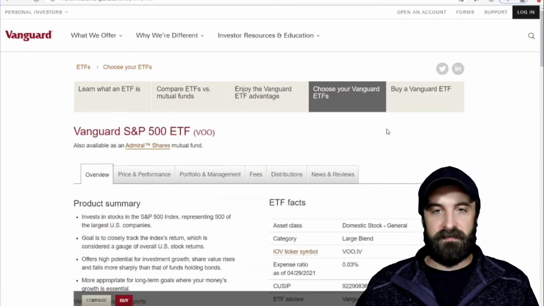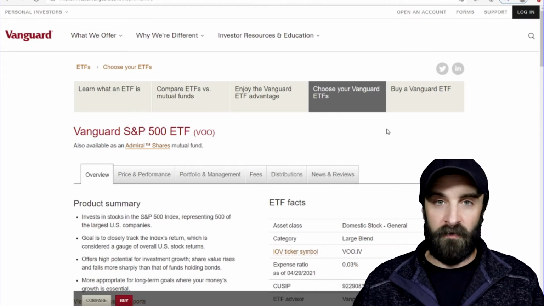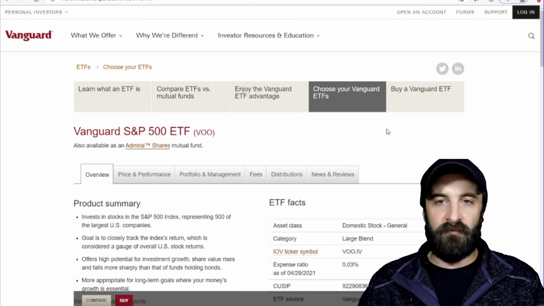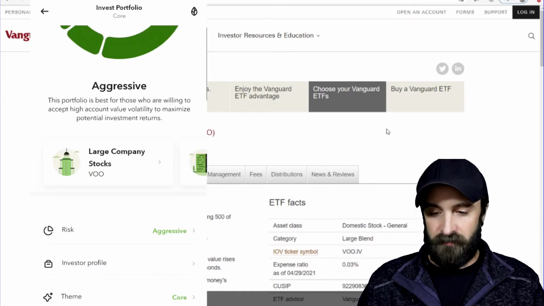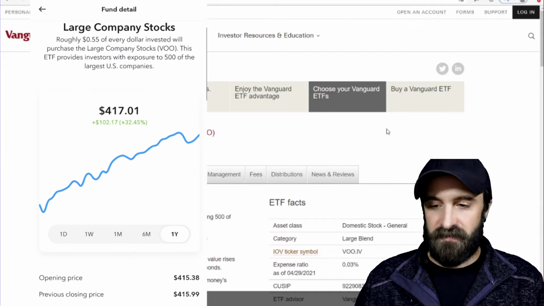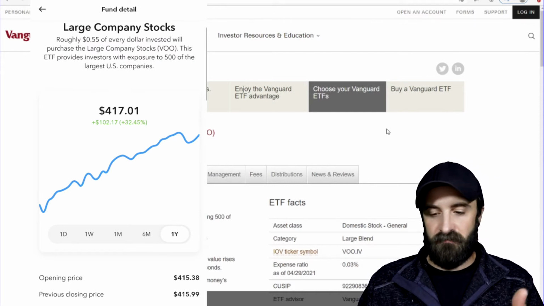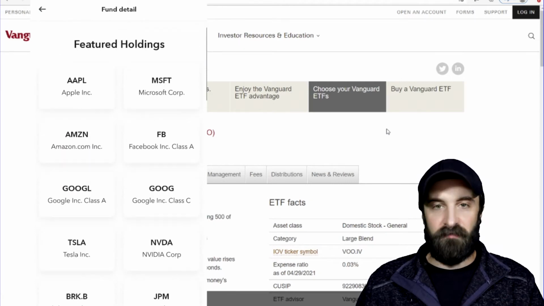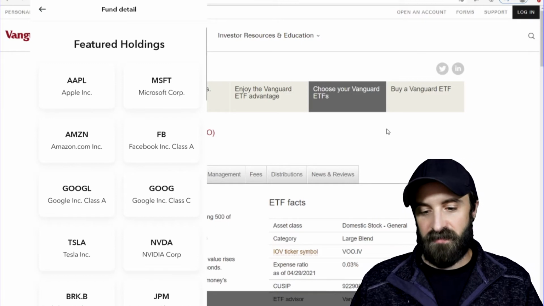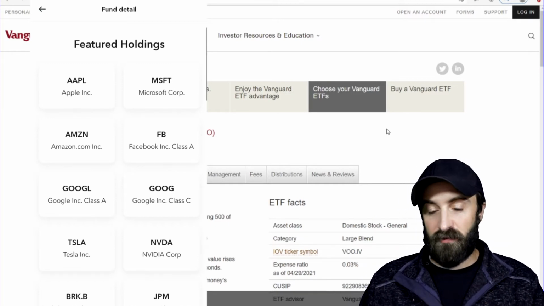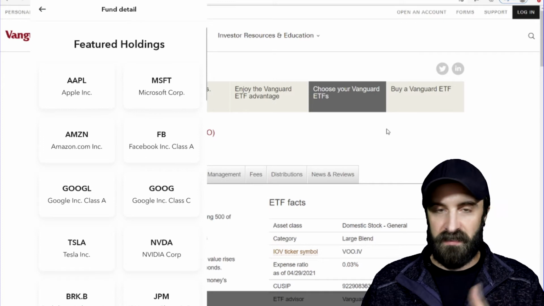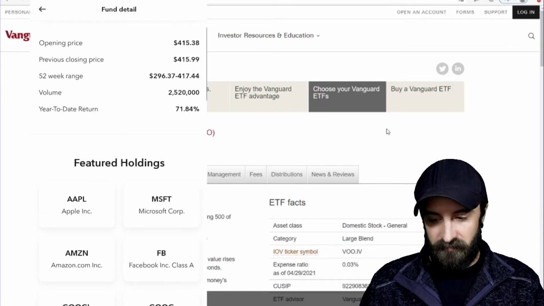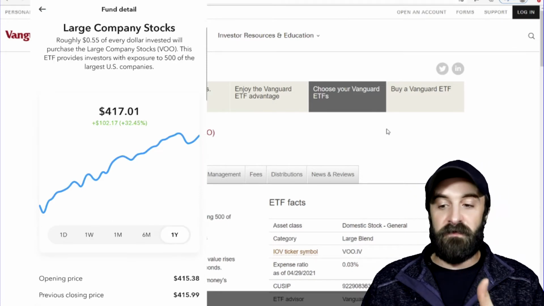The S&P 500 is known by a lot of people, if you're familiar at all with investing. It's kind of the benchmark that most people track or most people try to beat. If we click into VOO here, it'll show you roughly how much is being invested. Roughly 55 cents of every dollar goes into VOO. It shows you historical performance, and it also gives you the top 10 holdings. So you have Apple, Microsoft, Amazon, Facebook, Google, Tesla, Nvidia, Berkshire Hathaway, JP Morgan. Large company stocks, very familiar to most people. I would hope people know what Amazon and Facebook and Google are, but that's where 55 cents of every dollar